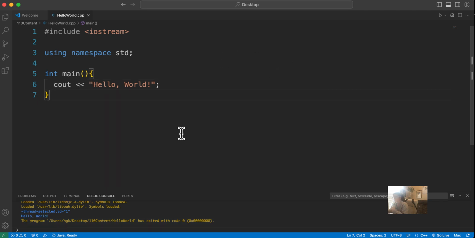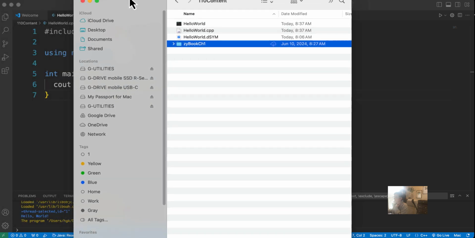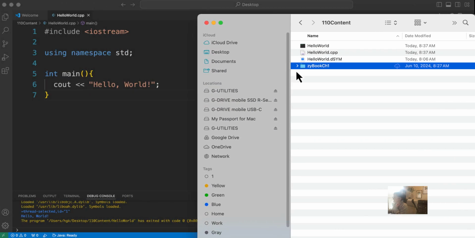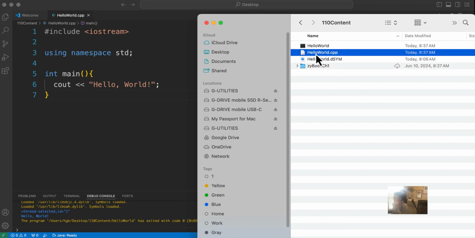As you know, you're not only required to provide the source file, you're also required to provide a screenshot when you turn these in. So the first thing I want to do is make sure everybody knows what your source file is. Your source file is the file that ends with .cpp. You had to name it that in order to get your environment to run correctly. And I can see here on the tab, I named my file helloworld.cpp. So this file right there is the one that you should turn in.